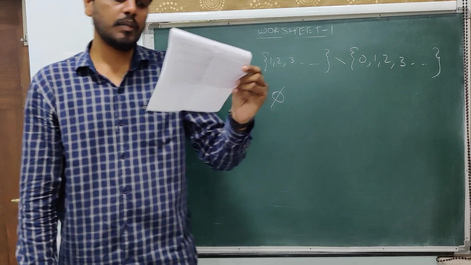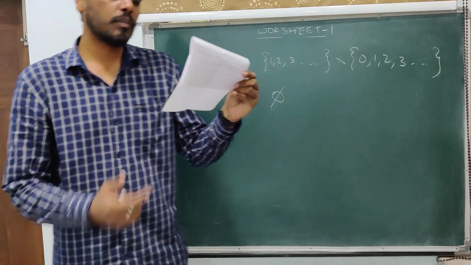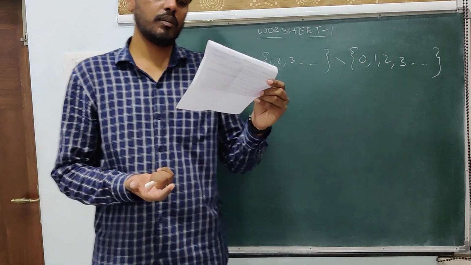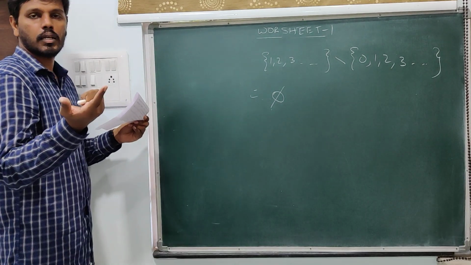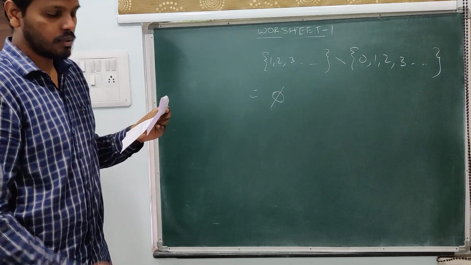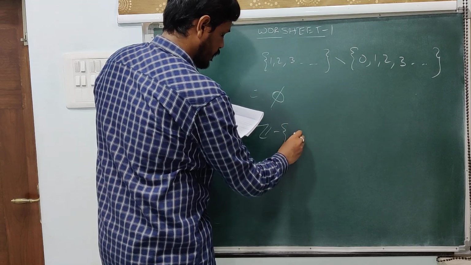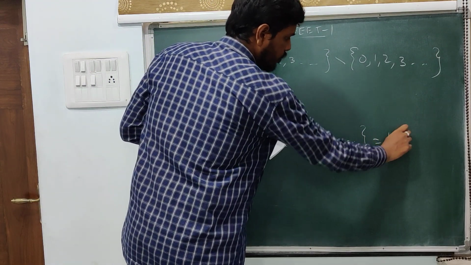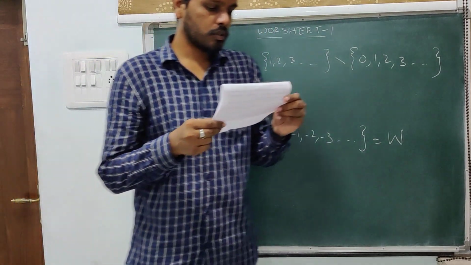Now look into C. Z minus the set of minus 1, minus 2, minus 3. That is from integers. You are taking out negative numbers. So when you take out negative numbers from integers, you will get 0 plus the collection of positive integers. Or in other words, you will get whole numbers. But they have given you natural numbers. So that is false. So Z minus minus 1, minus 2, minus 3, and so on will give you whole numbers but not natural numbers, because you will also get 0 there.